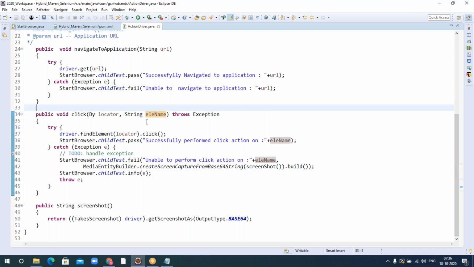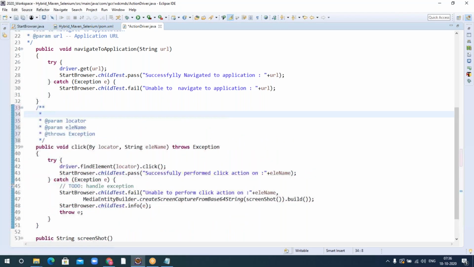Okay, and I'm going to add a Javadoc again: slash star star and press enter. Used to perform click action on buttons, links, checkboxes, and radio buttons.